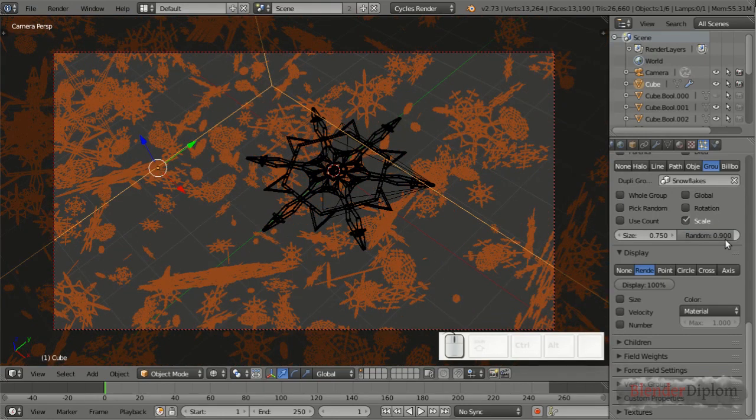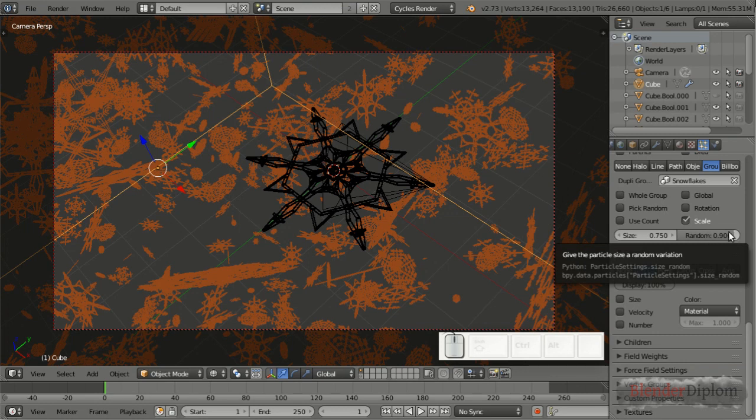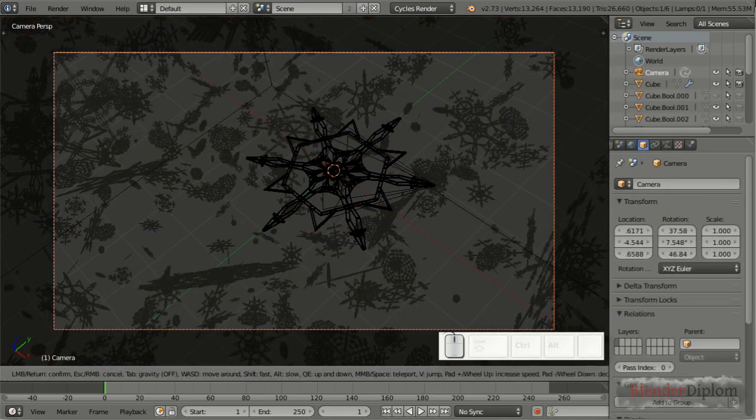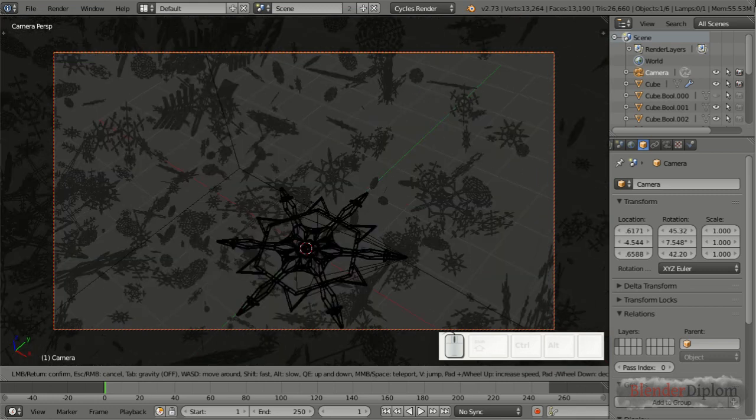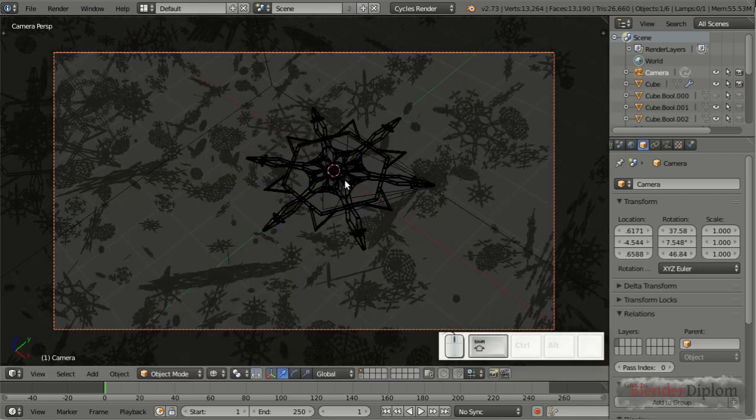This means that there's a 90% randomness in the size, so they can go as small as 0.075, which might be like this one here. And last but not least, let me move the camera so it has a better look at the flake in the middle. Shift F I'm gonna use, and this is not so easy to remove now